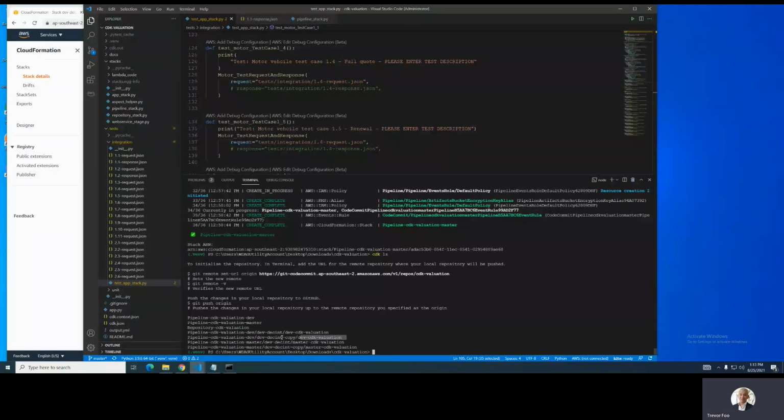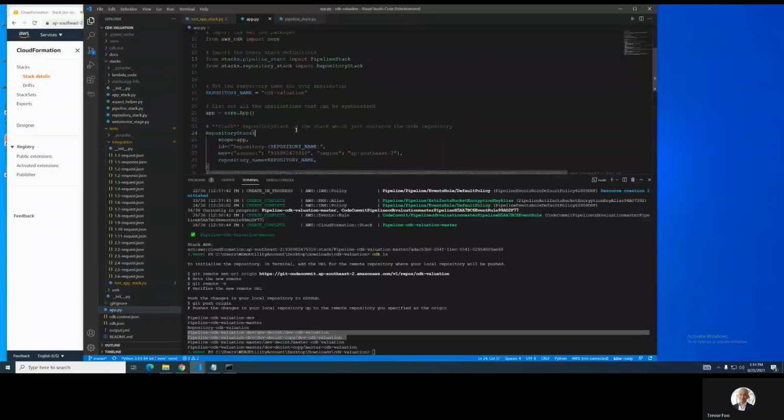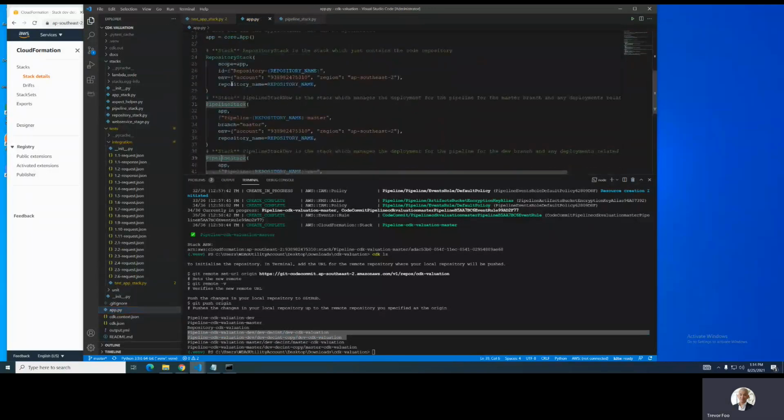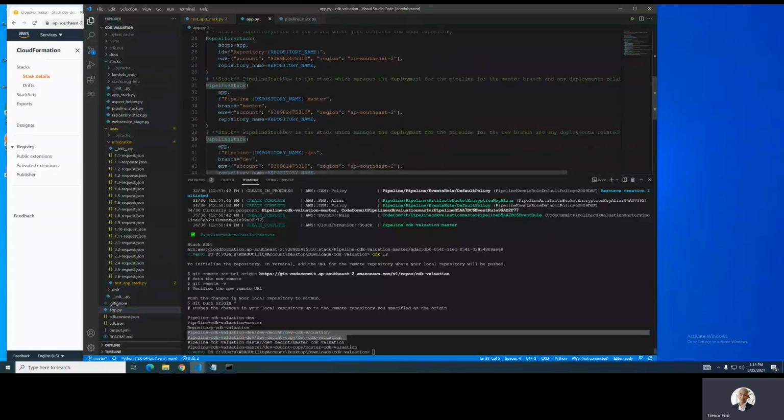So I guess the point here is that even though these application stacks are not defined in the app.py file, right? You've only got three defined here: the repository, the pipeline stack, and the pipeline stack for dev. But what this has been doing is it actually goes into the pipeline stack, and then it can see that